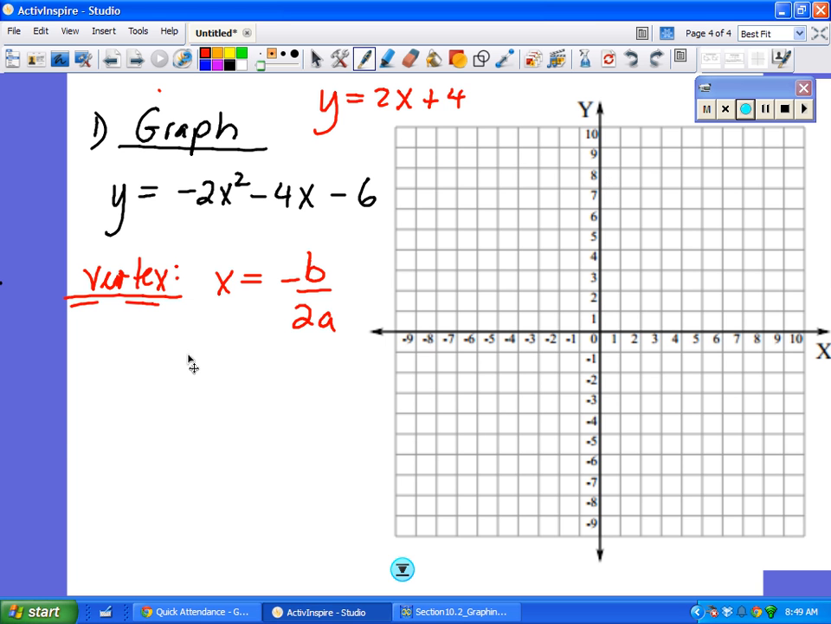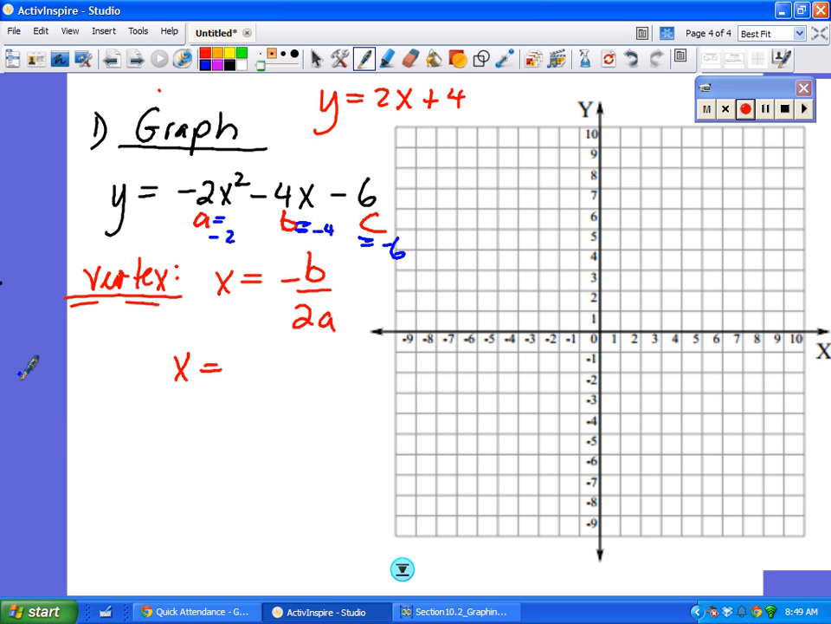Plug it in. What's your A? What's your B? -4. All right, this is your A. Wait, so what is your B? This is your C. So your A equals what? -2. Your B is -4. And your C is